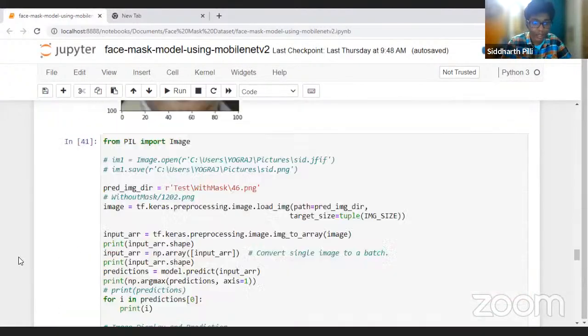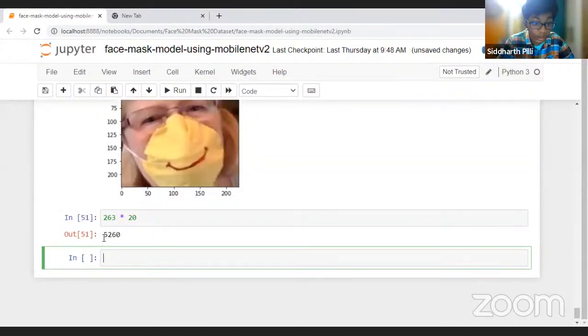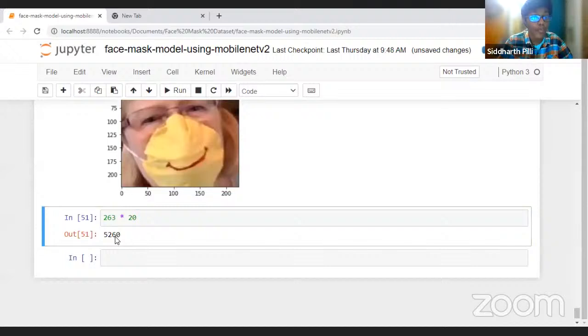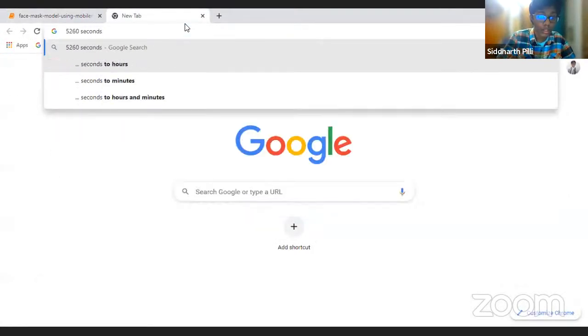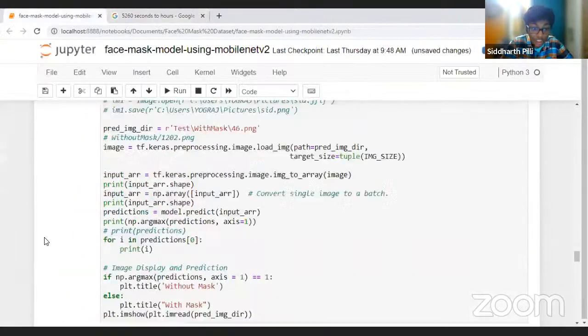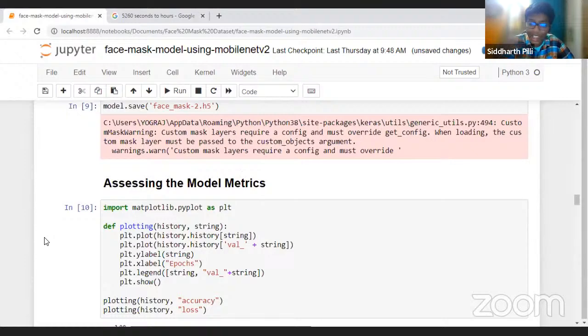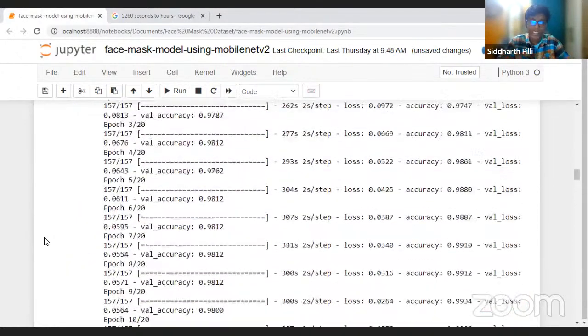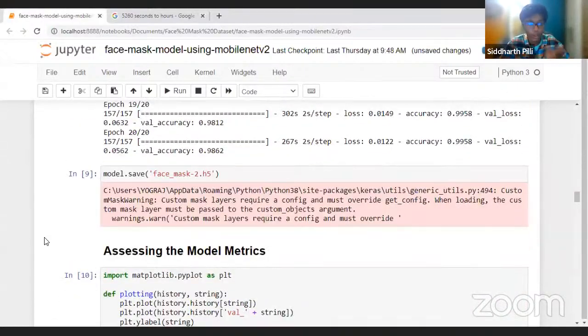Let's just multiply 263 into 20, which is like 5,260 seconds. Let's see how many hours that is. That's like 1.4 hours. So training this entire network took me about 1.6 hours, and obviously I can't waste 1.6 hours of your time here. So that's why I just kept it simple. It's already done.